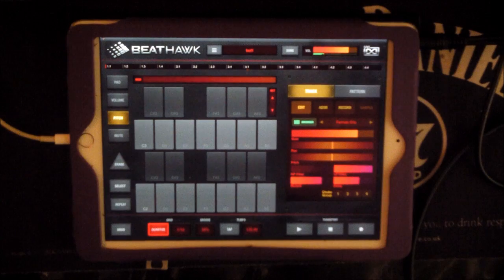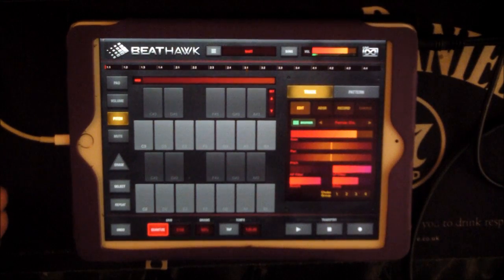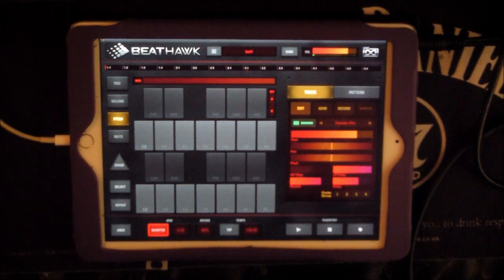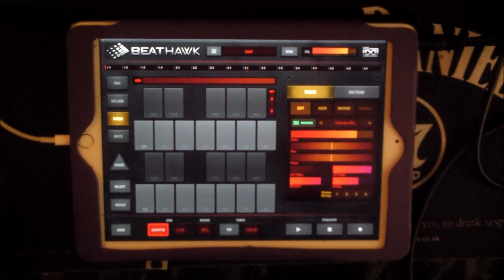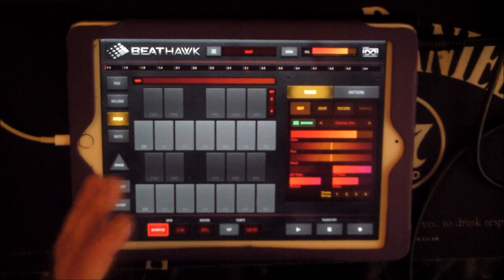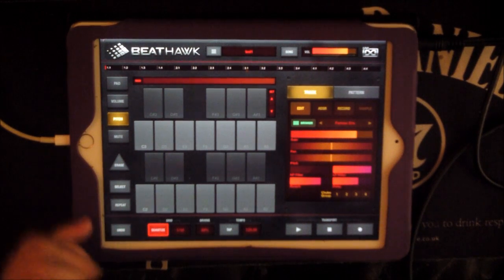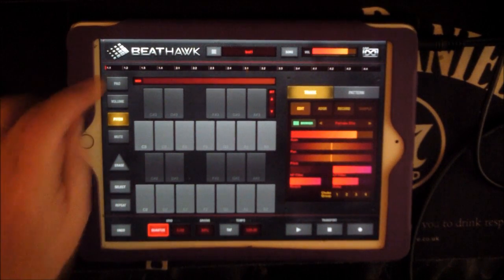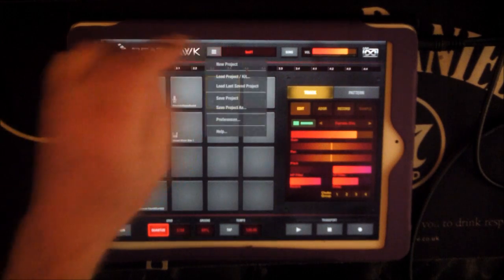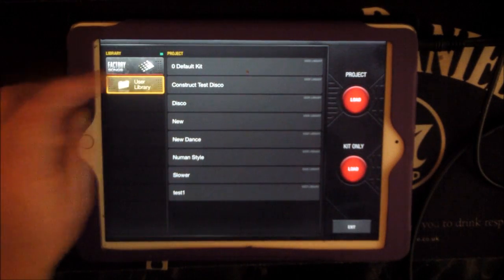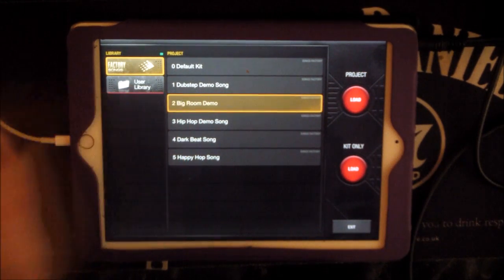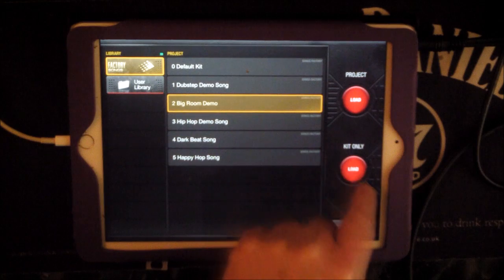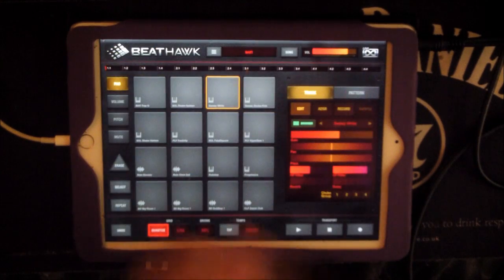Lovely. Like I said, guys, it's a fabulous app. I think it's the most enjoyable of iMPC Pro and iMachine, and I like both of those apps for different reasons. I really had a good time and really enjoyed it, and I'll probably actually use this because it was easy for me to build drum patterns and stuff. And like I said, you can load a project, you can choose from their factory projects. For instance, Big Room Demo, let's not load the project, just load the kit. We load the kit there, and